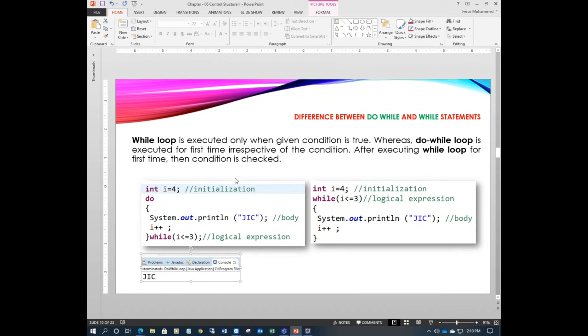For the while loop, we use it based on the first condition being true. When the condition is true, execute the body. So this is the difference between while and do while loop. Hope you understand this one, right? So take your 5 minutes break. I mean, a program break. Complete these two and see the differences also. Okay.